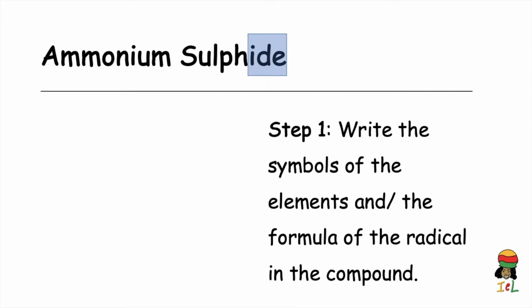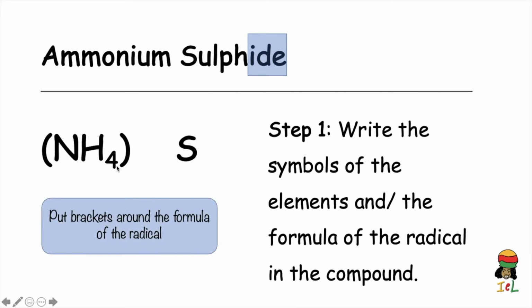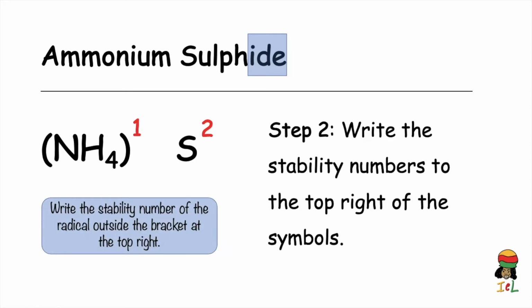Step 1, write the formula of any element or radical in the compound. NH4 for the ammonium radical and S for sulfur. Note that the formula of the radical is placed in brackets or parentheses. Step 2, write the stability numbers to the top right of the symbol. The stability number of the ammonium radical is 1 and that of sulfur atom is 2. When recording the stability number of the radical, make sure to write the number outside the bracket at the top